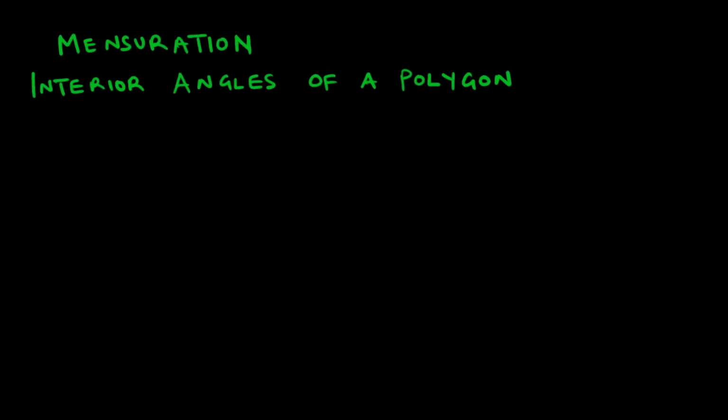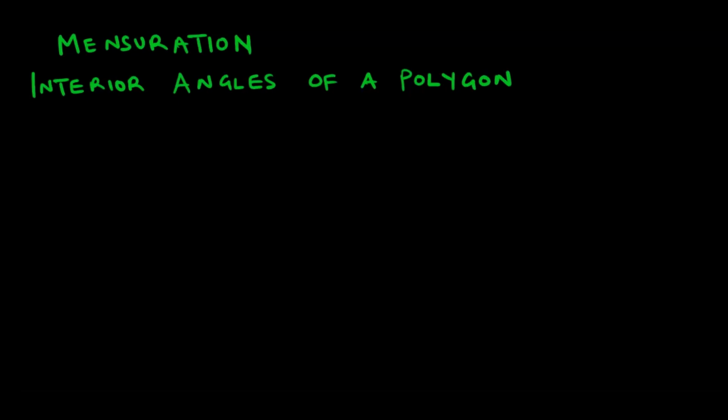In today's lesson, we continue with mensuration, looking at interior angles of a polygon. So before we get into our lesson, just something quick. Our color coding is going to be, we write in white what we are expected to put in our notes. So everything we have written in the color white should be part of your notes. But what we write in other colors, these are just illustrations. Meaning you can add them to your notes or not, depending on how you learn.